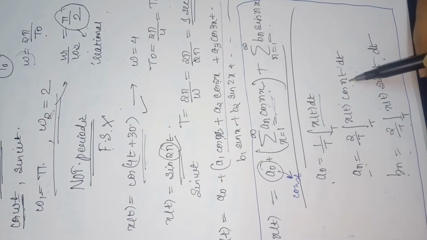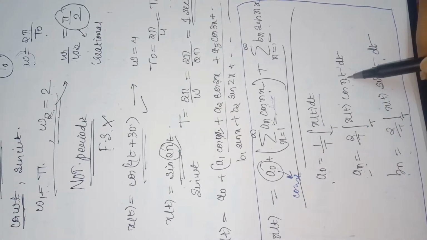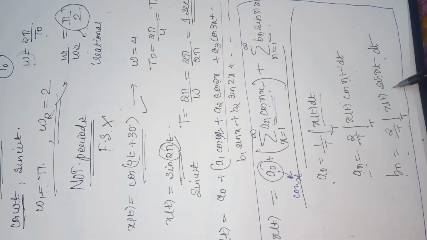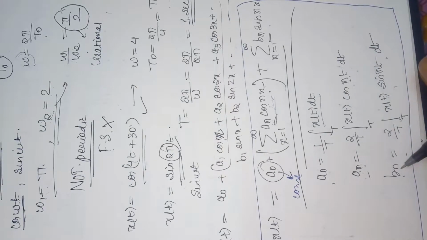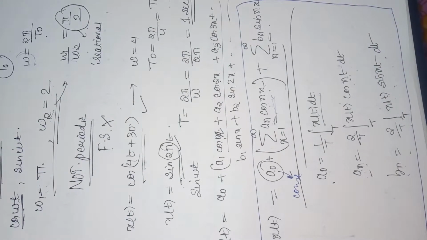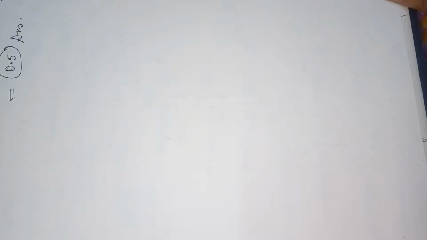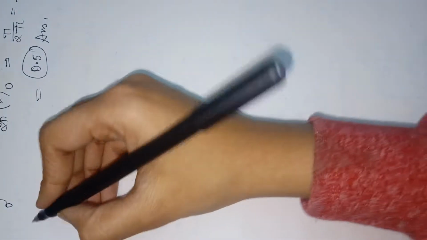Suppose a2 is asked, we will put n as 2; a4 is asked, I will put 4; a3 is asked, I will put 3. Similarly for sine, that is bn, so x of t, sine t, dt. So this is all that I told in the previous class, and here I will solve some questions that were asked in GATE. And one important trick or concept that I want to tell you in this lecture is that,